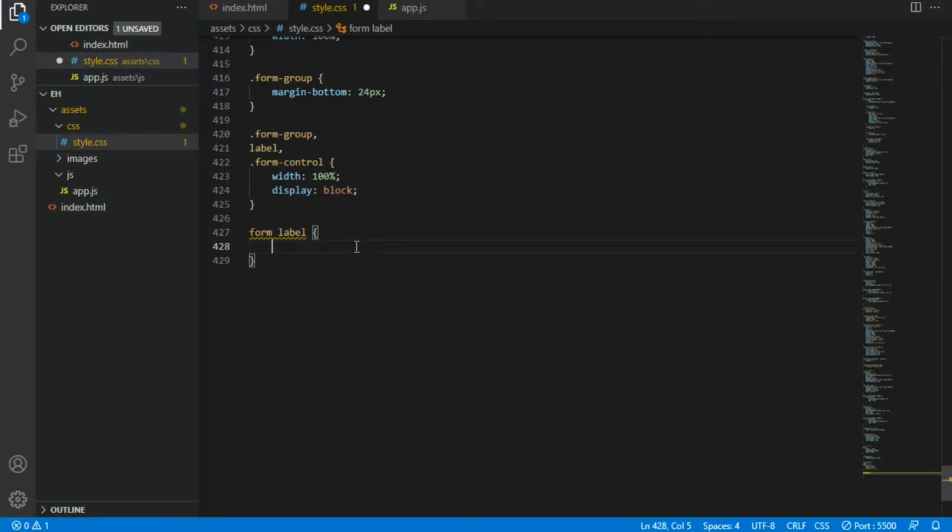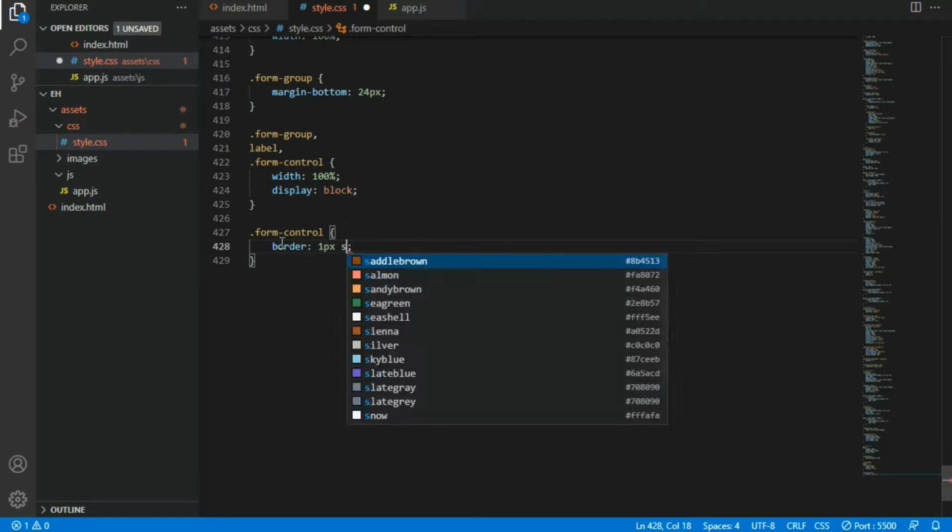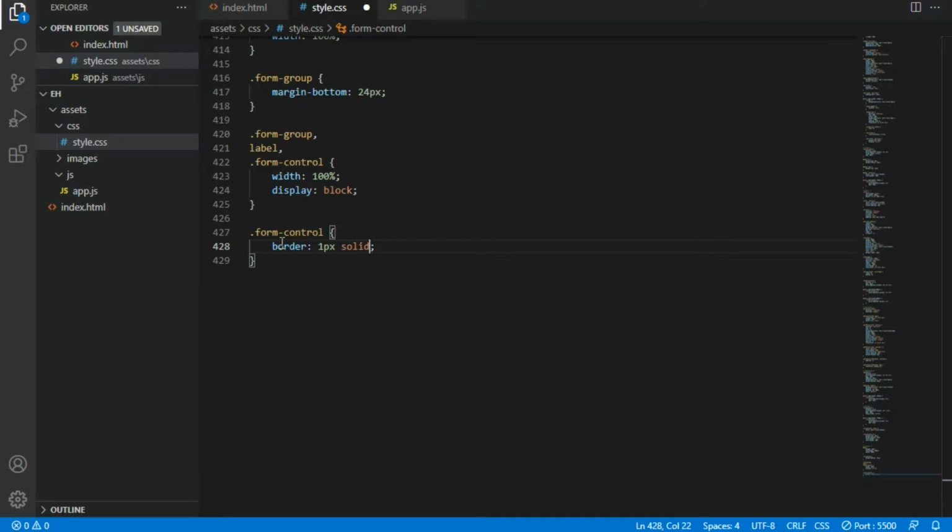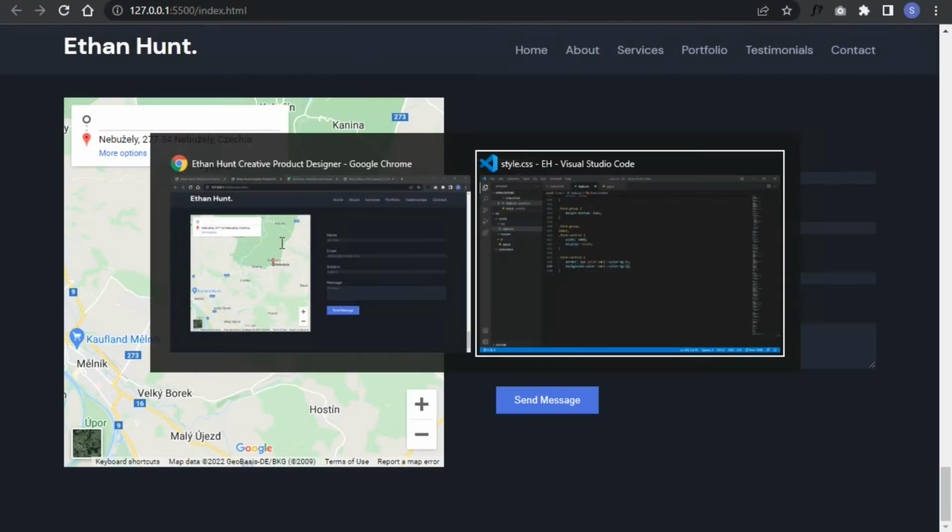Okay, so I'm going to select form control class, which is common for the input field and the text area. I'm going to give a border 1 pixel, solid, variable, so this will be variable color bg2. Okay, and I'm going to give a background color as well, background color variable background 2. Okay,